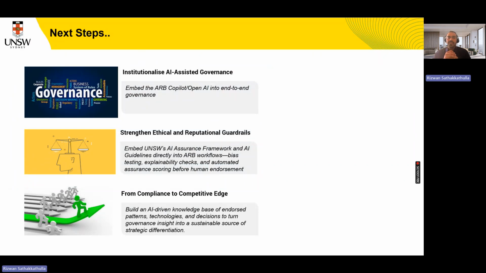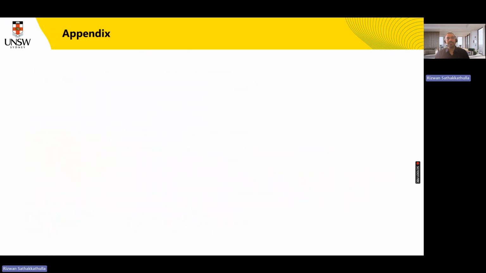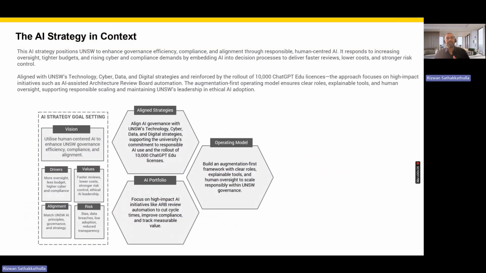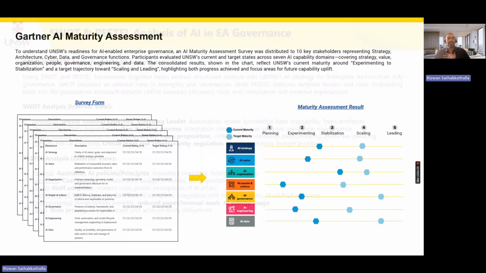And what's next? We ask the board to look into the 3 key areas we want to pursue. Number one is institutional AI governance. Number two is taking data seriously, which means the ethical use of data. The third is moving from remediating compliance towards a competitive edge, becoming a leader in the market, and leveraging AI for our productivity and moving to the next stage of competitive edge.